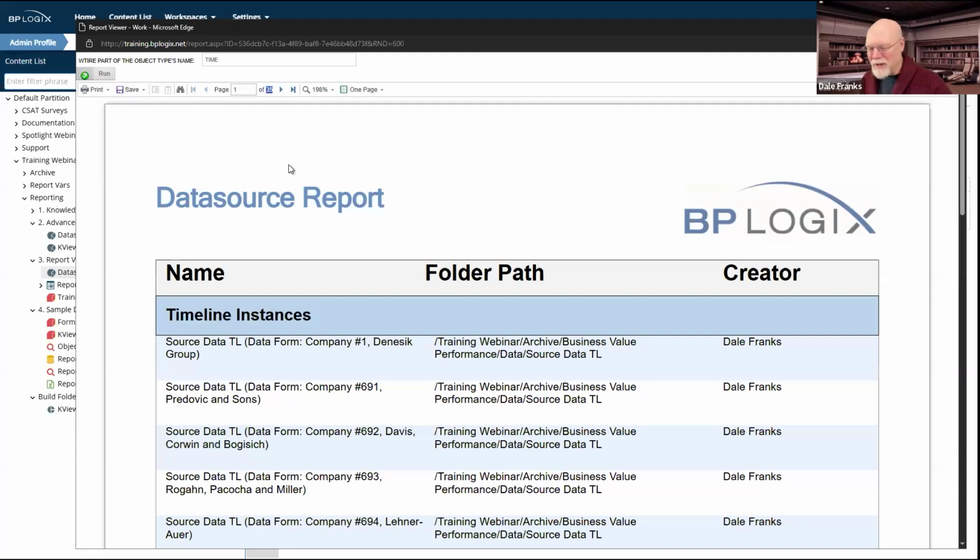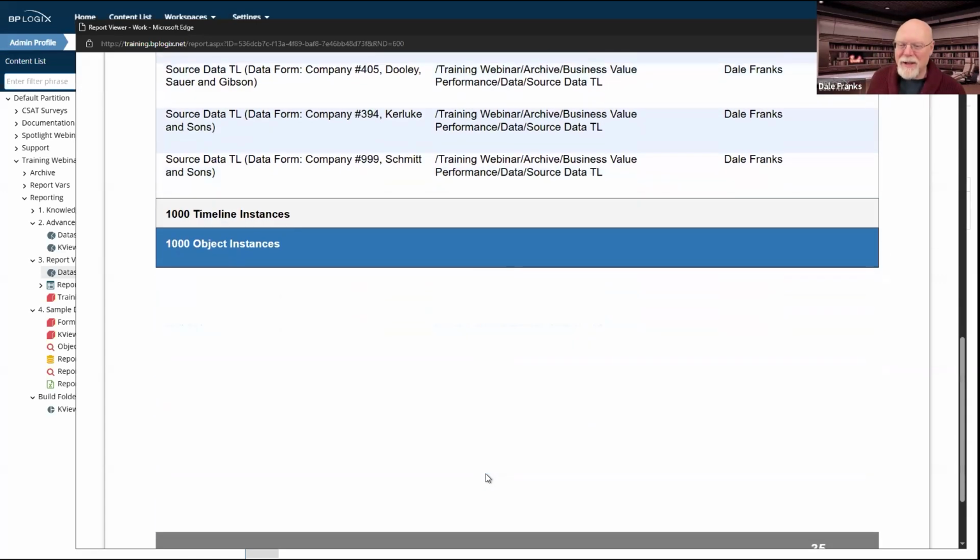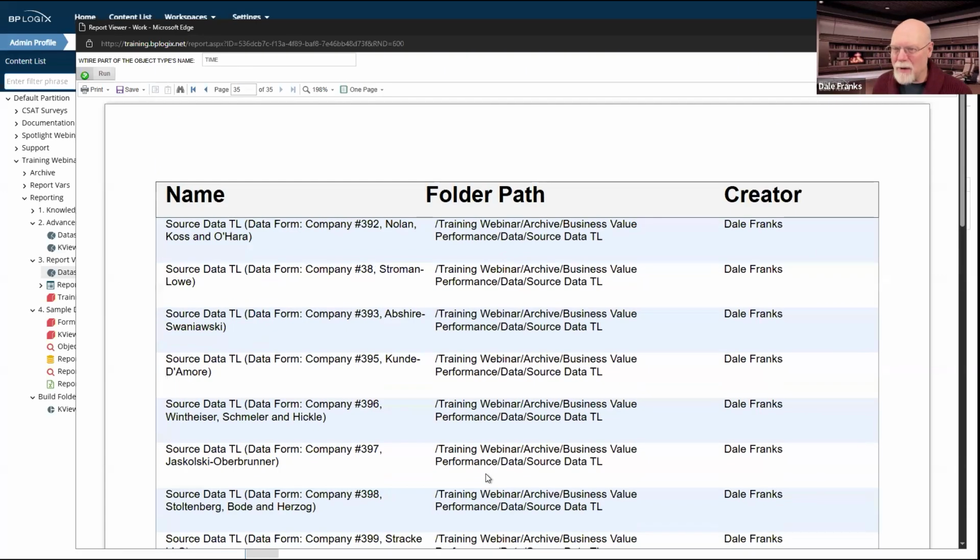It's 35 pages long. So we know that it is only returning the 1000 timeline instances that are included in this data. So with the use of variables, and I could have multiple variables, by the way. For example, well, I would have to rewrite my SQL statement, but I could search for specific customer numbers. There's not a lot of variation in this data.